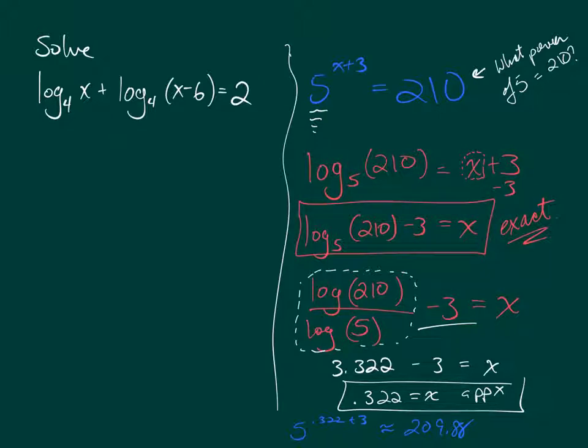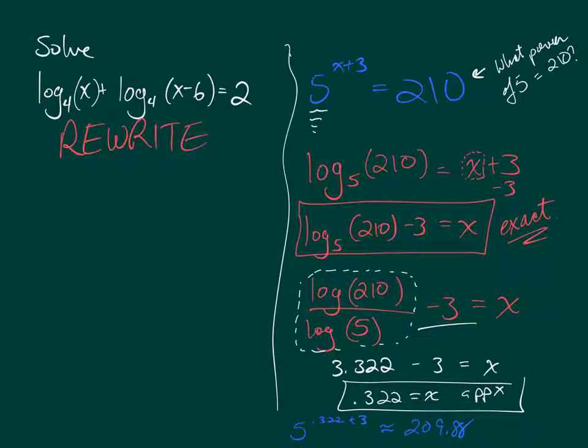So very quickly then, on this other problem over here on the left, you can see that this 4 is the base of a log, this x is in the argument of a log, this 4 is the base of this log, this x minus 6 is the argument of this log, and this 2 doesn't belong to any log. Again, when you have a number just floating around, not belonging to any log in a log equation, this is your clue that you will rewrite